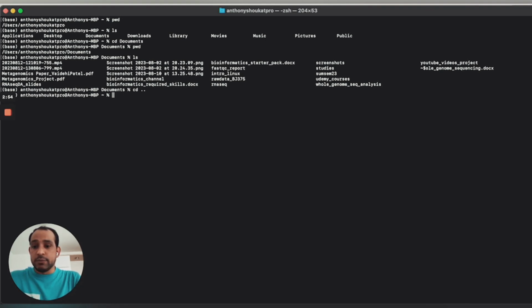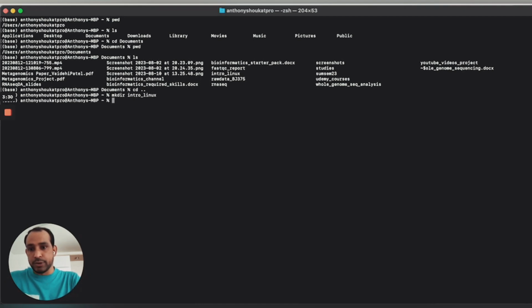The next step is I would like to make new directories. For that purpose, I will make a directory where I can put all the files and folder to manipulate different kind of folders and files. So let's say we are going to make a new directory. For making a new directory, you use a command mkdir. It means you are making a new directory. For this command, you need to give the option. Option will be the name of the directory that you want to make. For example, we can make intro